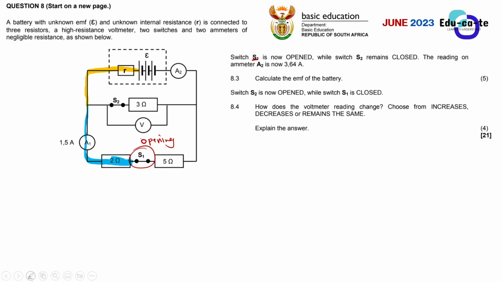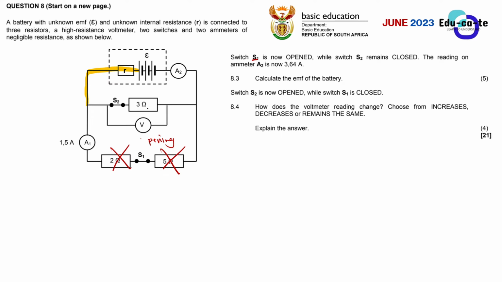No, that cannot work. So basically, what am I saying here? The moment I open switch S1, it simply means that there is no current that will come to the 2 ohms resistor and to the 5 ohms resistor, because now there's an open switch. Remember, the current needs to be able to go back and recombine and become the total current and go back to the negative terminal. So if it cannot do that, then it means that the current won't be able to flow even to these 2 ohms. So we just forget the 2 ohms and the 5 ohms. We pretend they are not there because basically we've opened the switch leading to them.